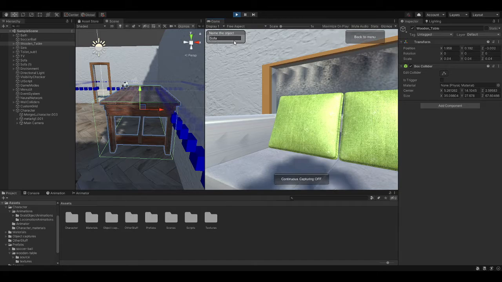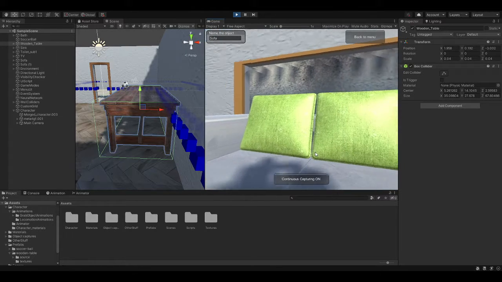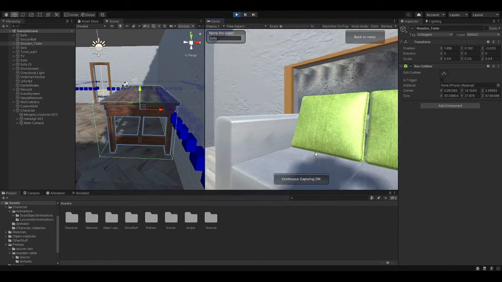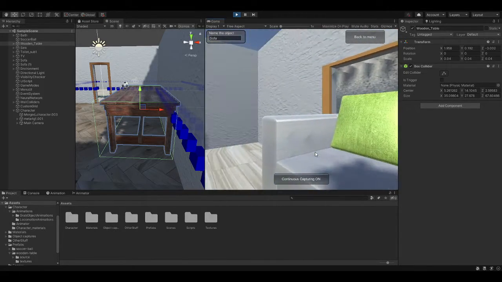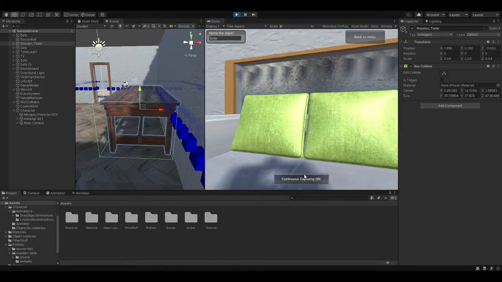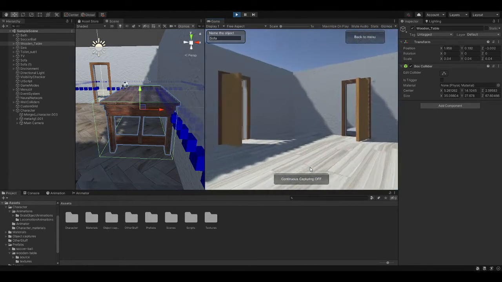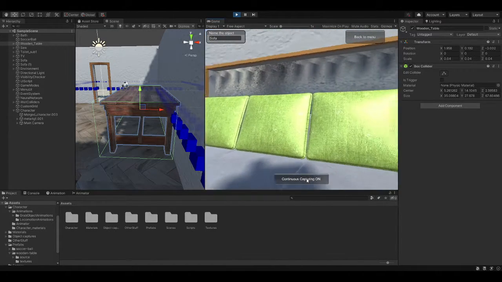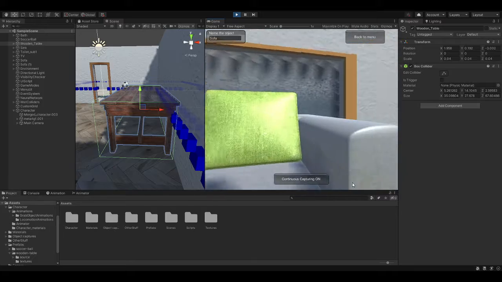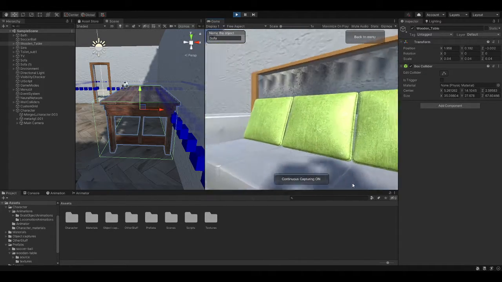So we're gonna type in the name in this top left box. Okay, so let's start capturing. We're gonna take pictures of it. We want to take pictures from as many different angles as possible in order for the character to be capable of recognizing the object from whatever angle we are directing him to capture.